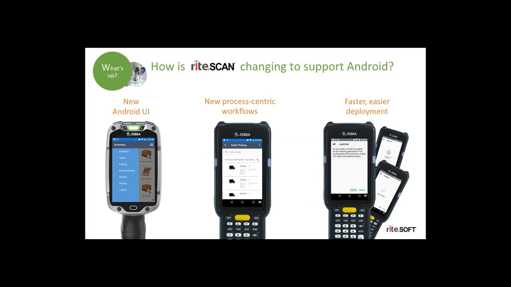So as far as how riteSCAN is changing, we've developed a new user interface for the Android devices, and the nice thing about it is that we've kept it very similar to the modular organization for screens and icons that the users are used to. So in previous versions and on the Windows client, you'll have all the same icons, and we've added this menu.